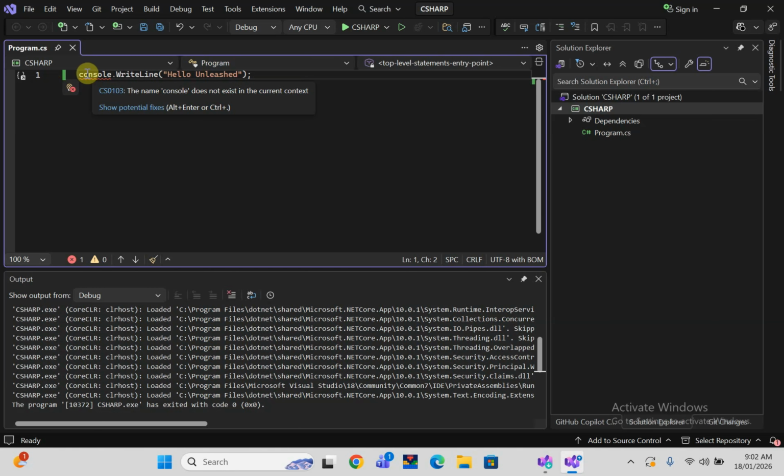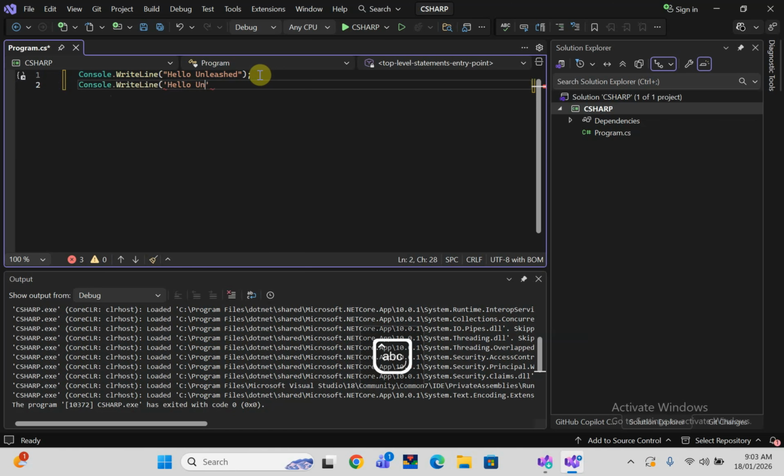Sometimes the error message can be a bit misleading. You will need to understand the true reason why the error exists, and that comes through learning more about C# syntax. That's why I have used a capital letter instead of a small letter. Now you can also try to write something like console.WriteLine, use simple